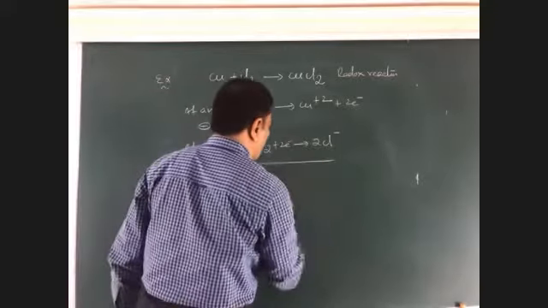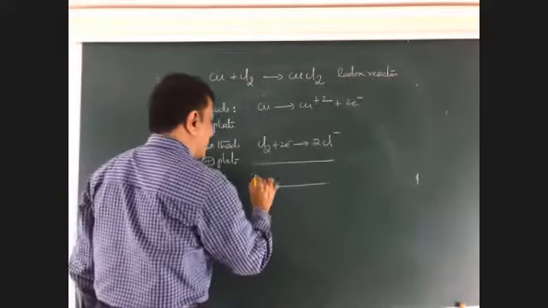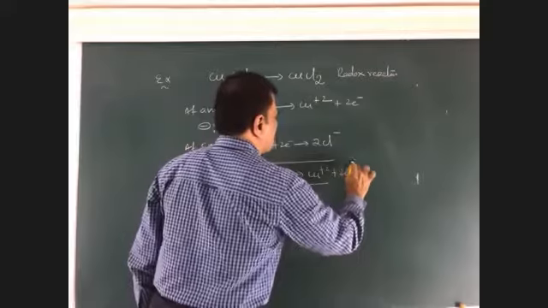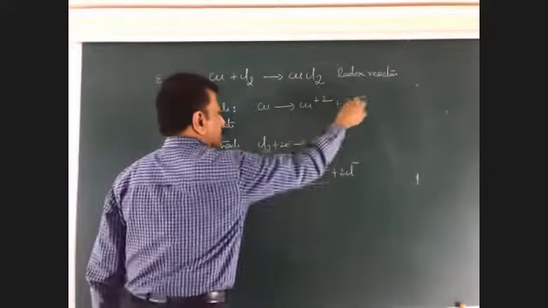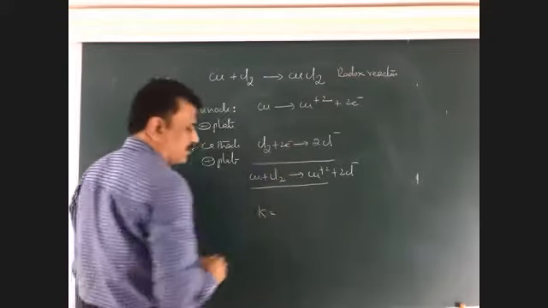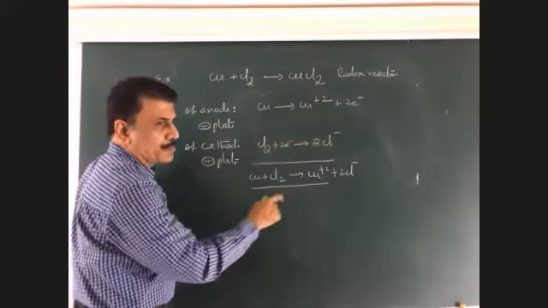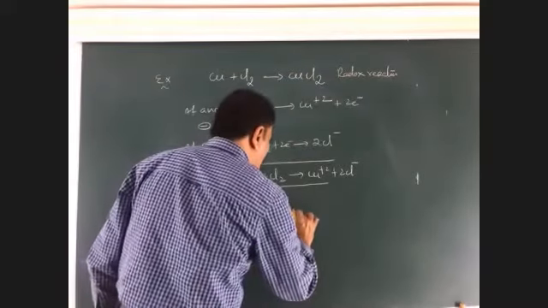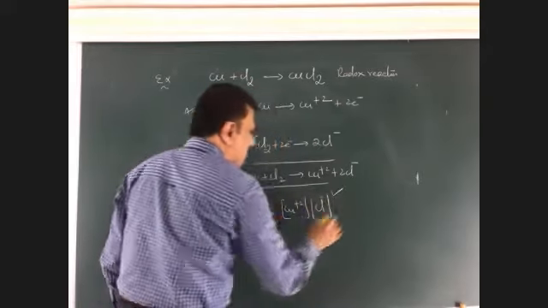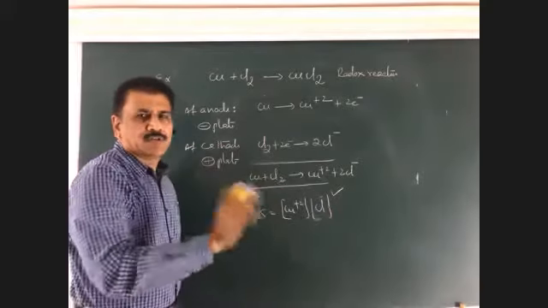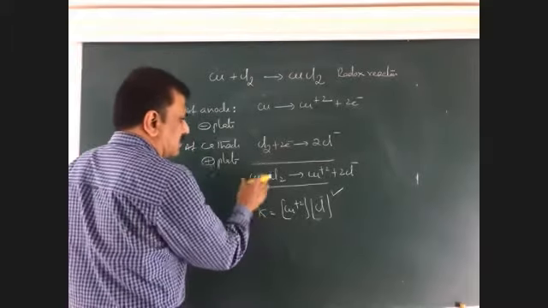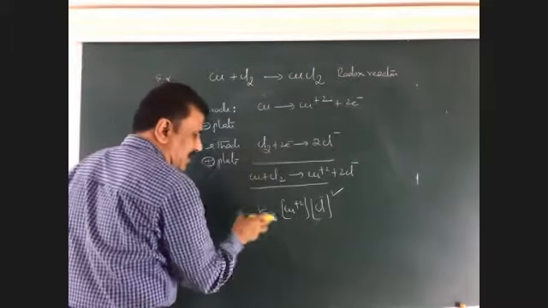On adding these two, we get the cell equation. So here copper reacts with chlorine to form Cu plus 2 plus 2Cl minus. Here, how many electrons? 2 electrons. That is also to be noted. What is the K value here? K is equal to the equilibrium constant. K is equal to products by reactants. What is the product? Cu plus 2, and here also Cl minus whole square, divided by these two, which are elements, so we ignored them because the concentration of elements is always taken as 1. And this is the cell equation. This is the equilibrium constant.